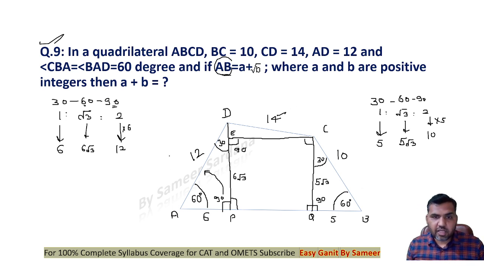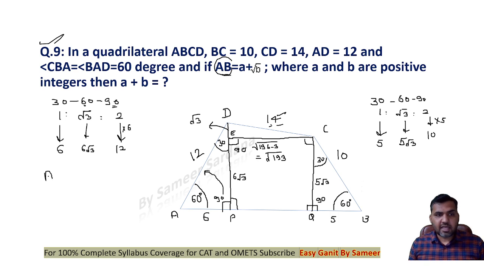This is given to me as 14. You see that the length of DP is 6 root 3. This is 5 root 3, right? So can I say this will be root 3 only? So this length DE would be root 3. This is 14. So the length of EC would be the square root of 196 minus 3. The length of CD is given to me as 14, 14 squared is 196, minus 3. So this is root 193.